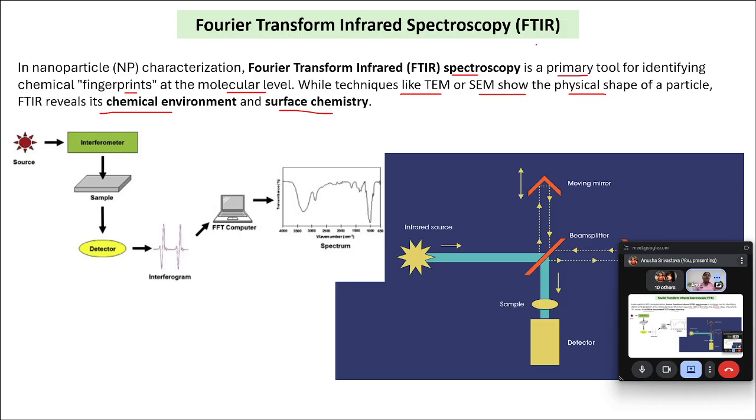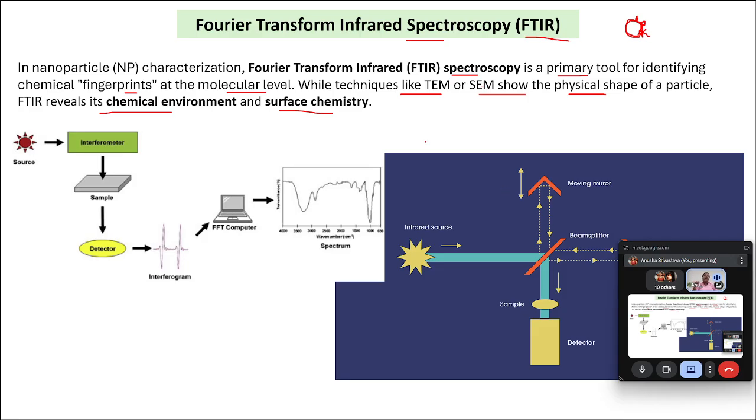Now, why is FTIR useful when we are talking about nanoparticles? Suppose, as in the previous sessions, we were discussing that we can decorate the nanoparticle with some antibodies or some capping agents, or we are modifying it, putting a layer of protein, a particular kind of targeting protein, or an RGD sequence or anything for that matter. Now we want to see if this particular coating or decoration that we intended to do has happened or not. So in that case, we can do the FTIR of both the samples.